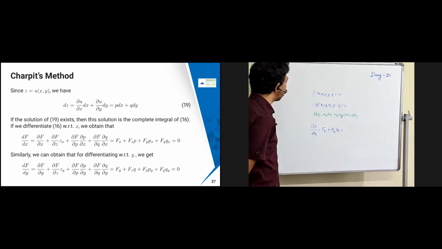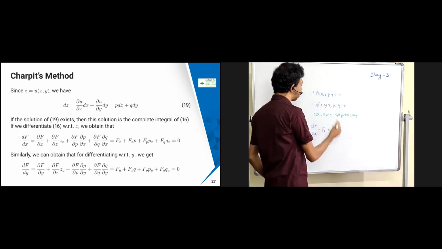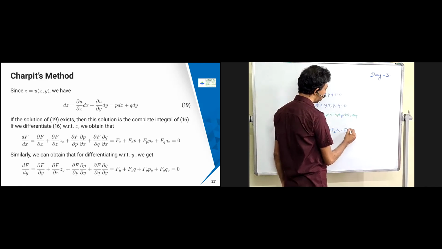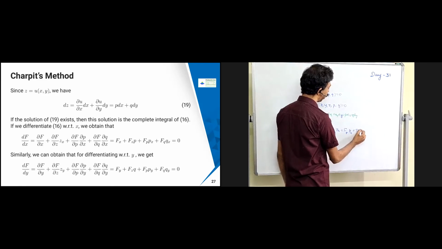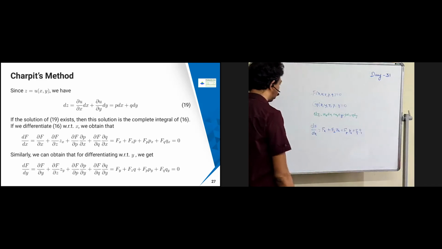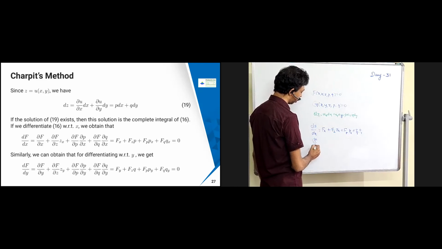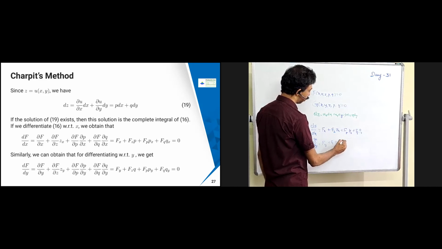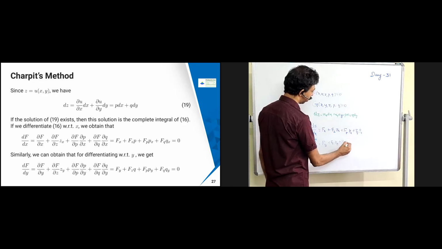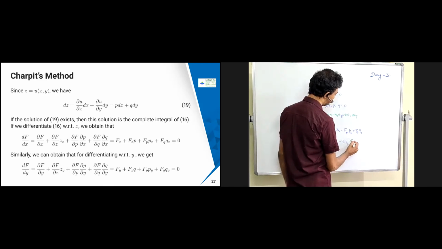Okay, so f is set in zx, and then what I have here is p, so therefore I have to differentiate that also. Fp into px is going to come, plus here fq into qx is going to come. Okay, so these are the things I'm going to do. Similarly for df by dy, I'm going to get fy, plus fp into py, and then I have fq into qy.